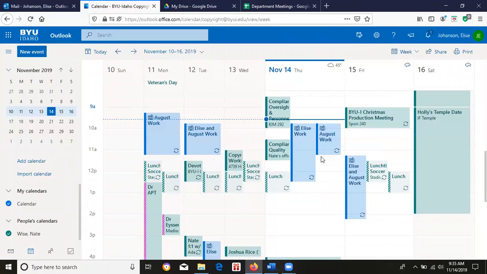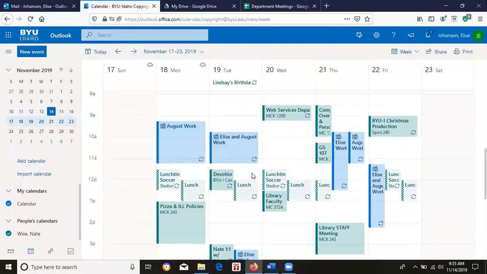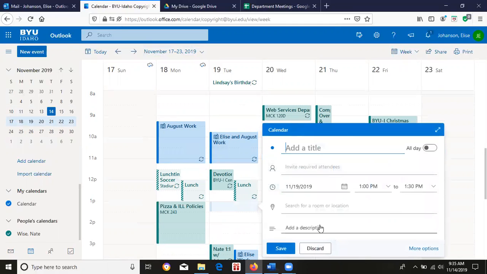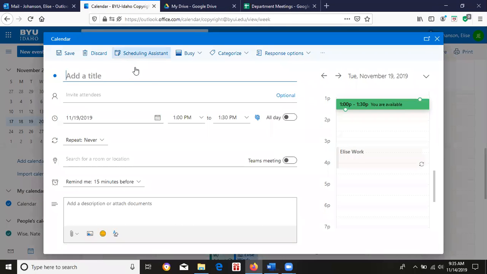Now, to set up a scheduled appointment, what we do is we choose the date that we're doing it. So let's say that we want to do one on November 19th. So we come over to November 19th and whatever time they want to do a meeting, say at 1 o'clock. You click on the time that you want to do it, and over here it says more. You always want to click on more because that'll give you more details. You can put here whatever it is. I'm going to say practice meeting